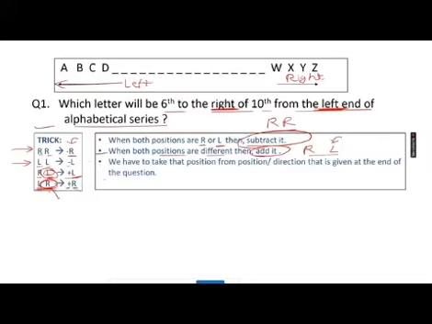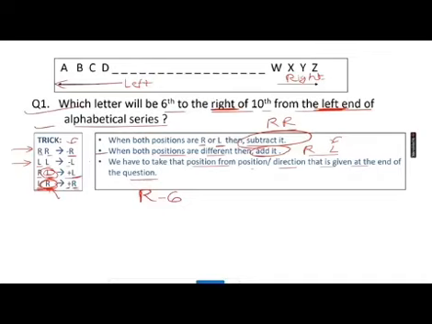After that we have to take the direction that is given to you at the end of the question. We have already discussed this, that we have to choose the direction which is given to you at the end. So now we are coming to question number one, which is: which letter will be the sixth to the right? So right says sixth